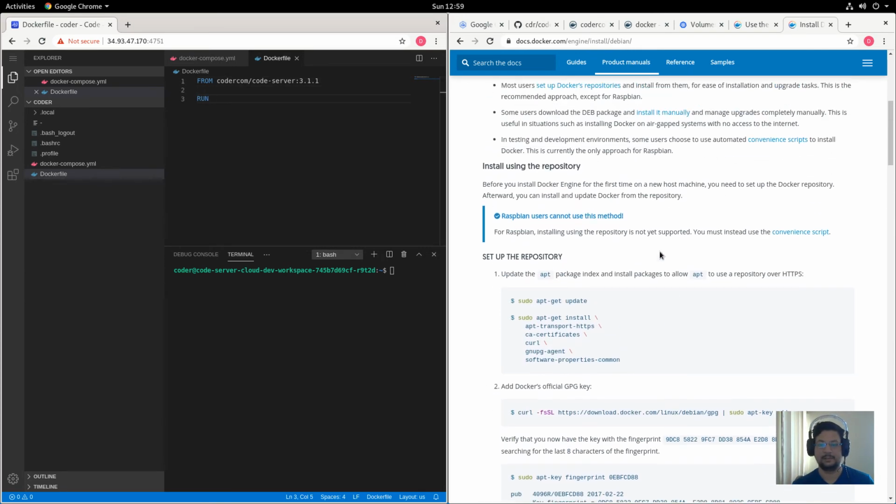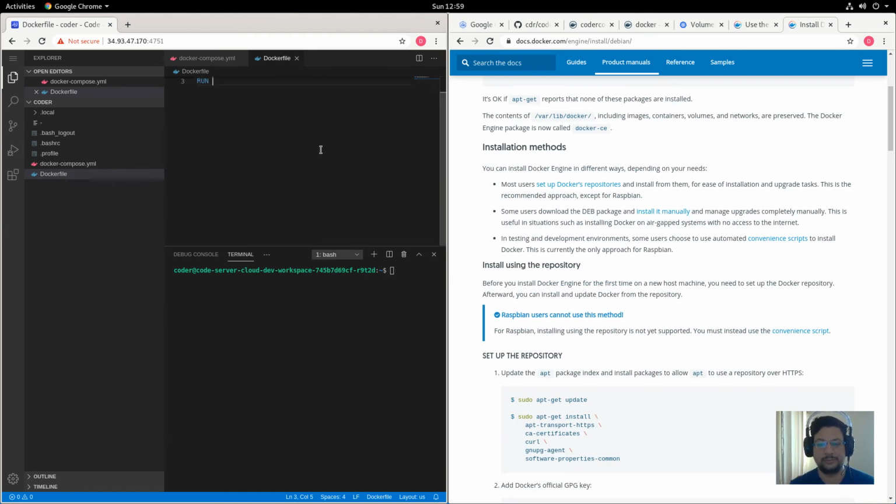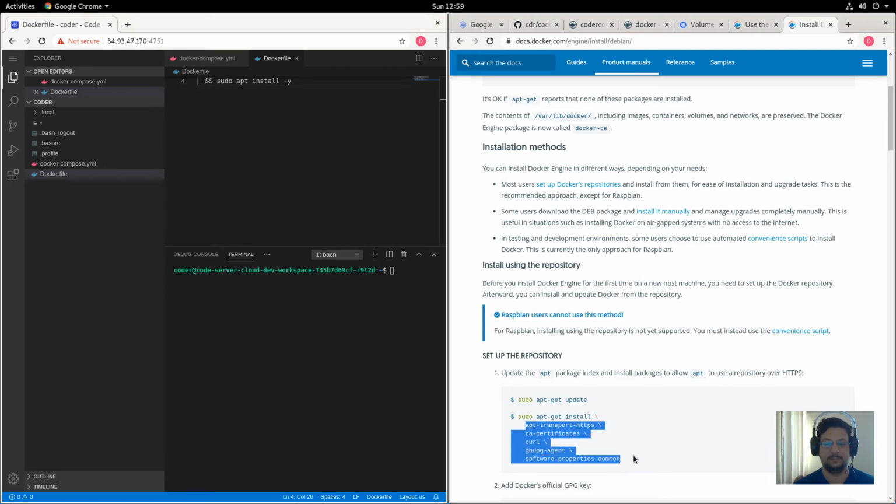I'm going to have the instructions to install Docker. So the first thing that I did is run. Of course, space doesn't work because we are not working with a secure connection. So